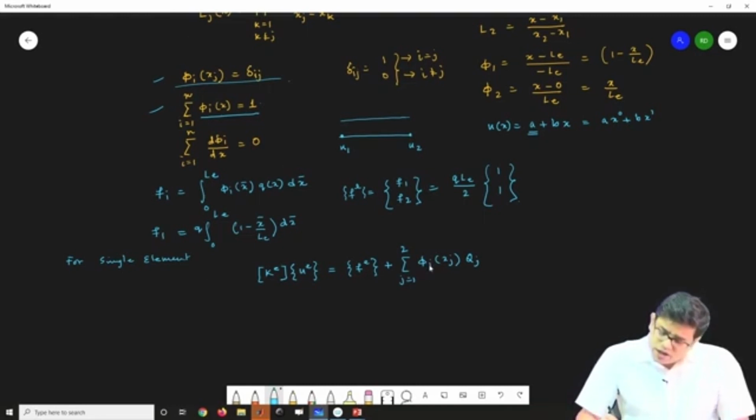This is for I equals 1 to 2. There are i's here, so it should be a double sum. Anyway, if I just evaluate it for a single